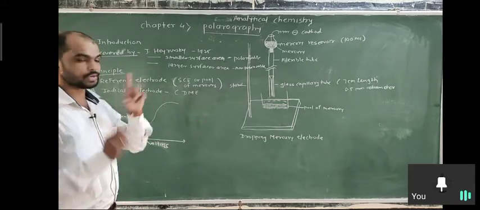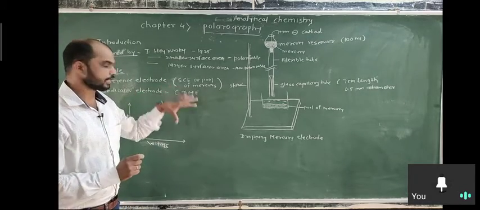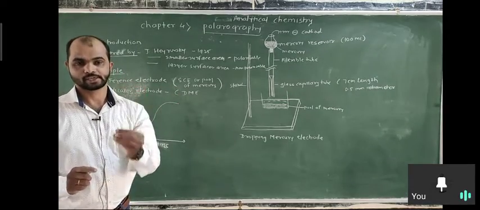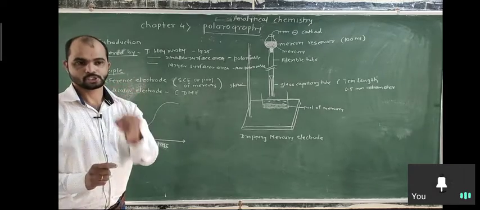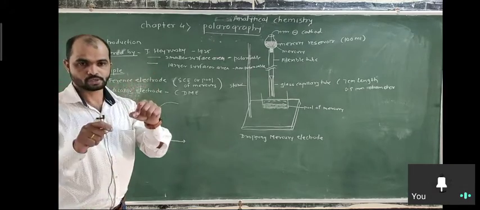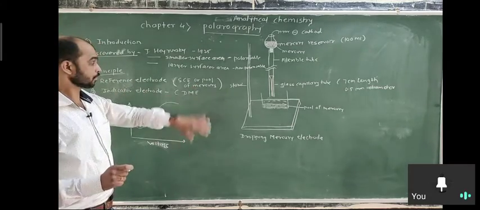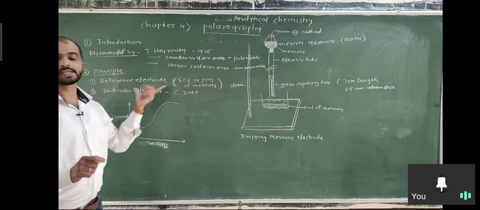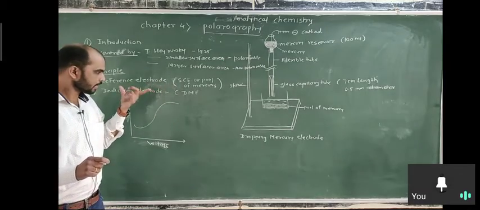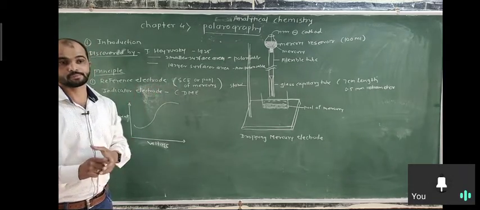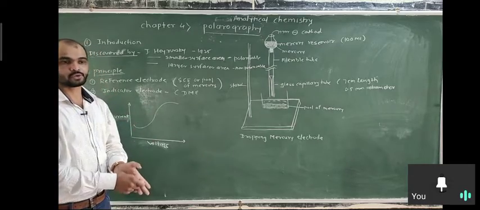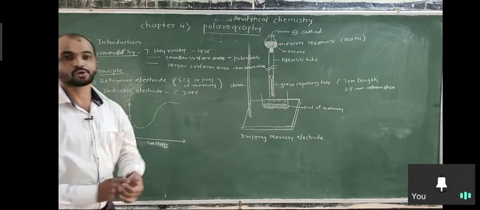So there are two electrodes which are used, and when any solution is taken for analysis, that solution is placed between those two electrodes. One is the reference electrode, another is the indicator electrode. The indicator electrode is very important, because depending on it we can measure the potential,